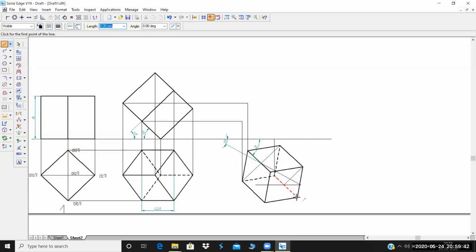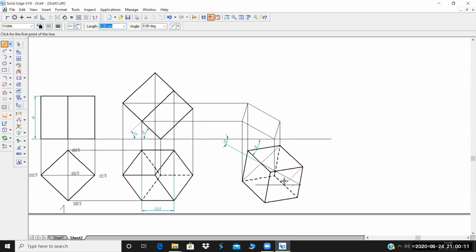Projection lines must be straight enough. Now this bottommost part, A1, B1, C1 is done. Next is D1. This is D1. Also make sure, see, this is also here. You can see that 90.81, it's showing the degree there. Just change it to 90 so that there are no mistakes here. After you get all the 4 points, just join all the 4 points here. This will help you in the next step.